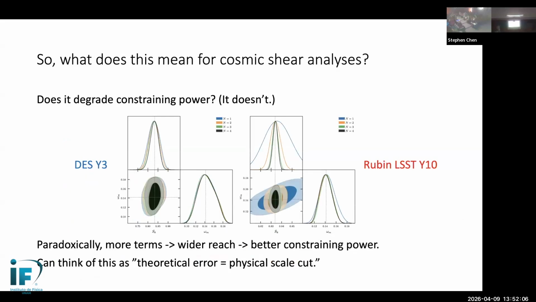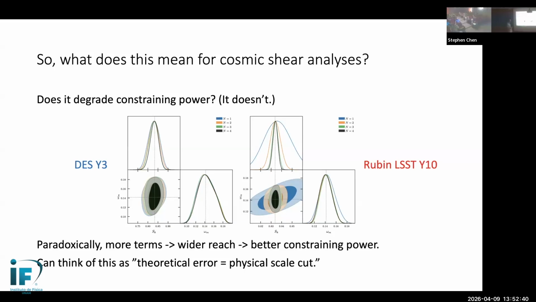And the really interesting thing to me is that when we use this kind of effective description of the data, even as I added more and more free parameters into the theory, what I actually get is a significant improvement in constraining power. When I do cosmological observables here, the different curves are as I go to higher and higher order in this expansion of the lensing UV sensitivities. And what you can see is that even as I added more parameters, my constraining power is increasing, and this is because I can go to smaller and smaller scales as I properly account for the UV sensitivity.